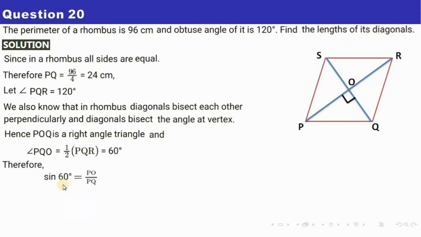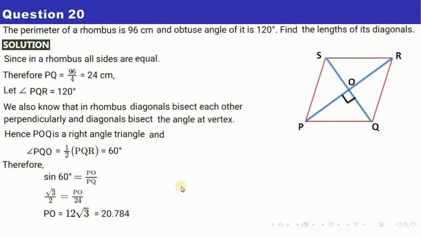So therefore sine 60 degree. Just pay attention to this. This is the given angle, isn't it? If this is my given angle, the side opposite to this is OP, right? And this is 90 degree, so opposite to this is PQ, so PQ is my hypotenuse. So this is my perpendicular, this is my hypotenuse. Obviously this has to be the base. So sine 60 degree is perpendicular by hypotenuse, that is, perpendicular is PO and hypotenuse is PQ. Let us put the value of PQ: sine 60 degree is root 3 by 2 and PQ is 24. So from here PO turns out to be 12 root 3,